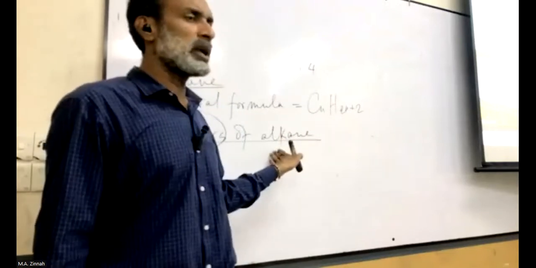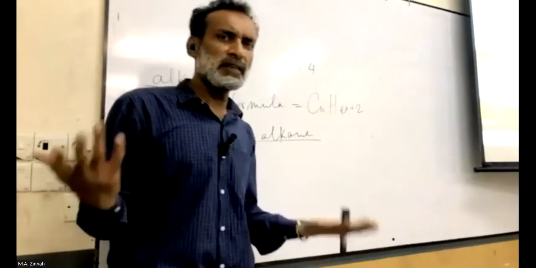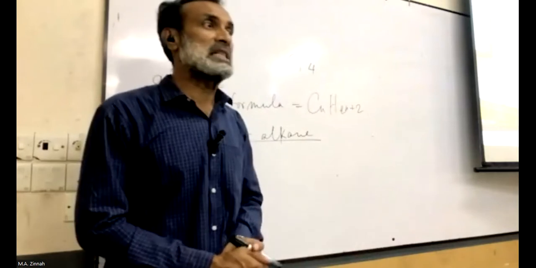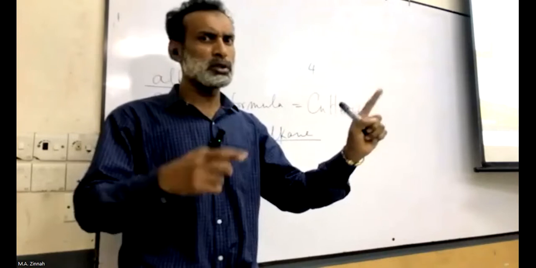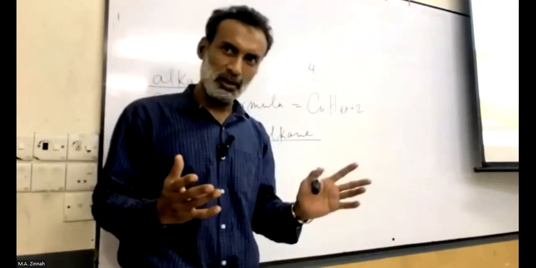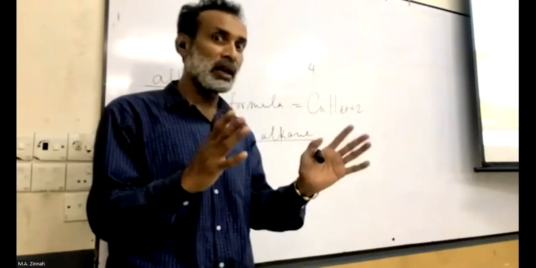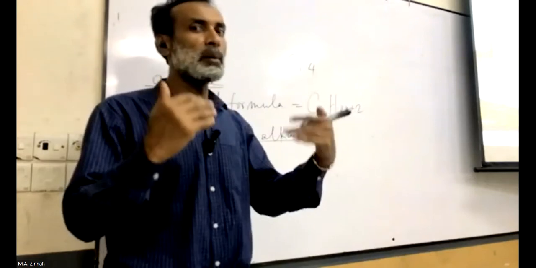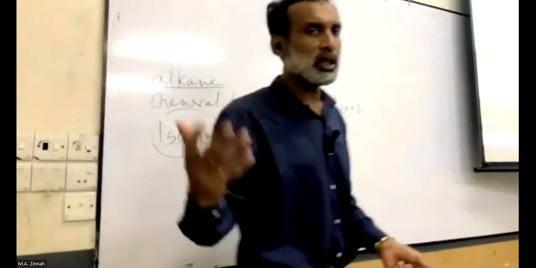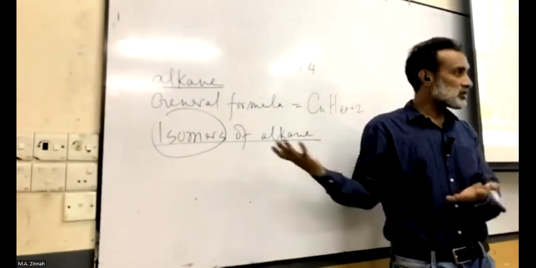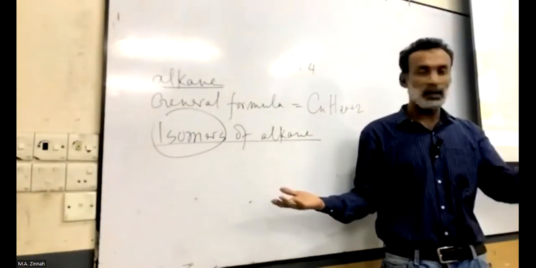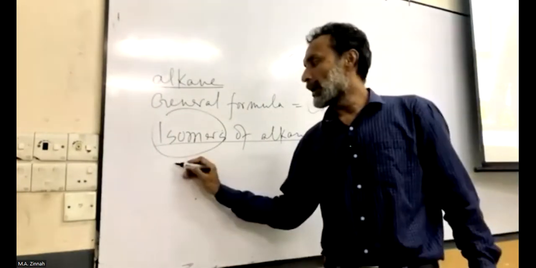So when I say these are different compounds, isomers are different. Isomer 1 is a compound, isomer 2 is another compound, isomer 3 is another compound. But what is the main thing? The same molecular formula. Okay? Just when I show an example, then you will be clear. So see here, I write